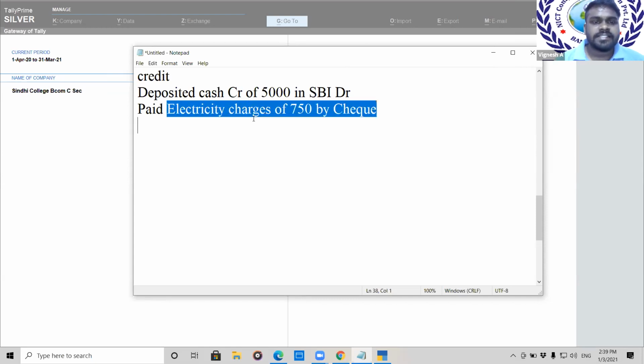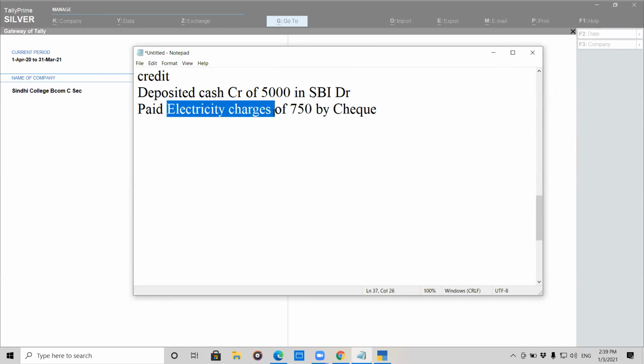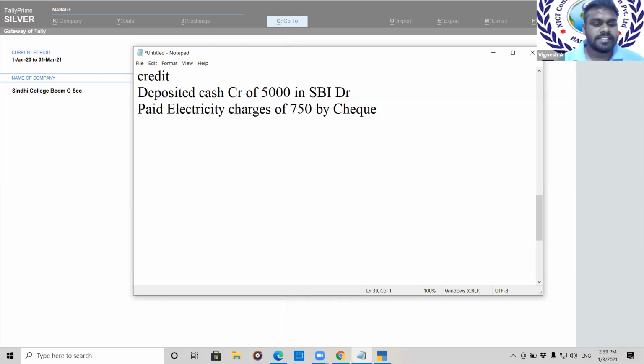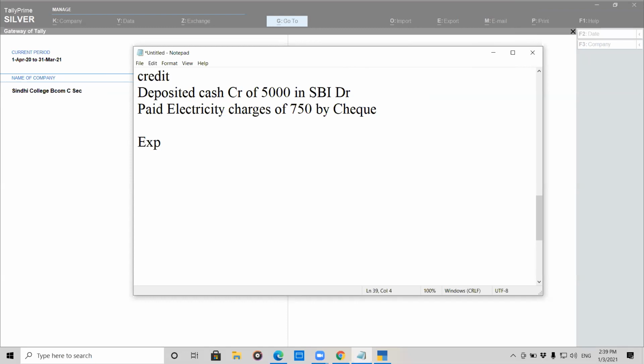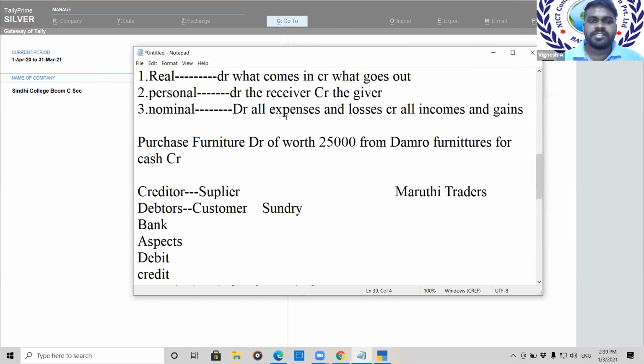In the sense, what is your electricity for your company? Current expenses. Very good. It is an expense. As the third rule tells us, debit all expenses and losses. If you close your eyes and any expense comes, you'll be debiting it. Don't keep on remembering all these rules. Think logically also and do it. If any expense comes, you can close your eyes and tell it is a debit for you.